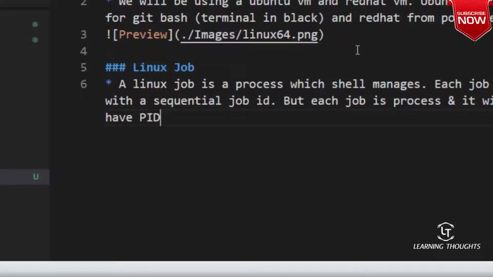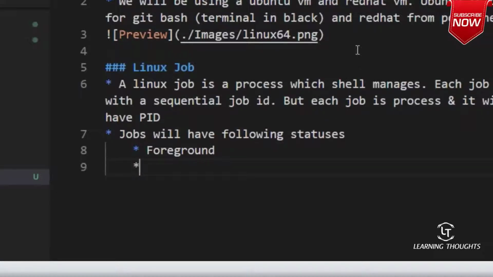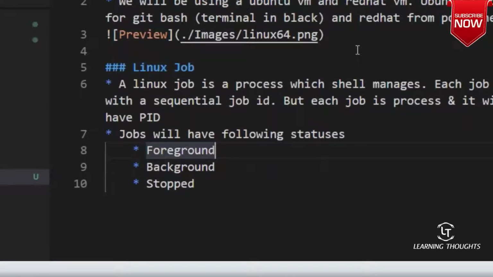So, jobs will have the following statuses. The first status is foreground job. The second one is background job. The third one is stopped.